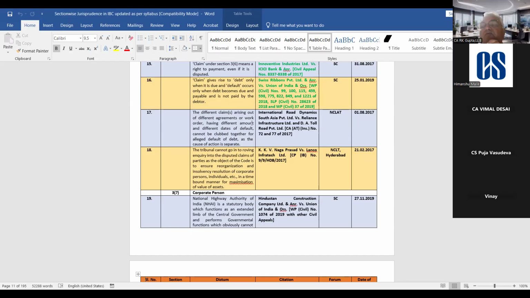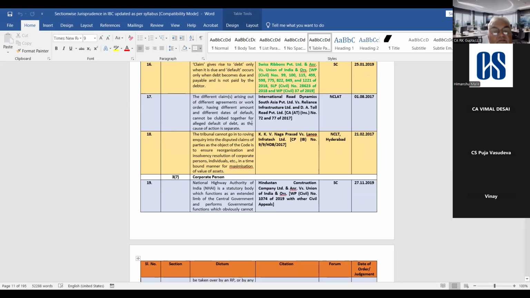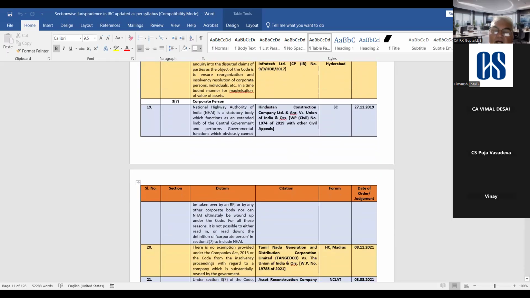A mere frivolous argument, it should not be a mere ploy to divert the process, ये इतना ही देखना है बस। Then on corporate person, corporate person और corporate data दोनों different हैं, that we have seen. तो National Highways Authority of India is a statutory body which functions as an extended limb of the central government and performs government functions which obviously cannot be taken over by an RP, ठीक है, or by any other corporate body, nor can NHAI ultimately be wound up under the code, ठीक है।